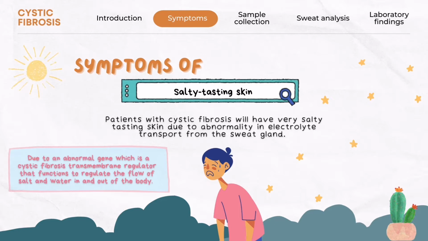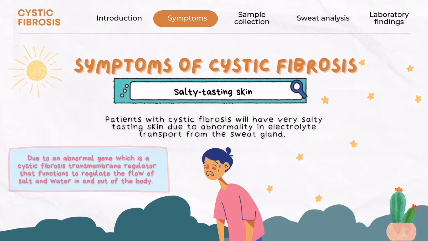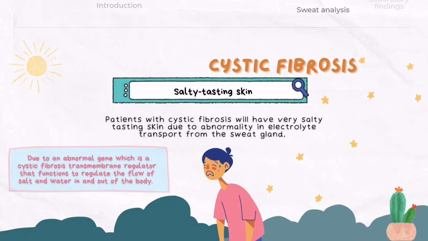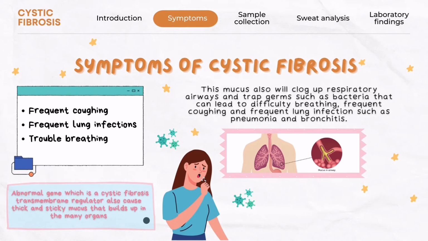Symptoms of cystic fibrosis. First, patients with cystic fibrosis will have very salty tasting skin due to abnormality in electrolyte transport from the sweat gland. Second, mucus also can clog up respiratory airways and trap germs that can lead to difficulty breathing, frequent coughing, and